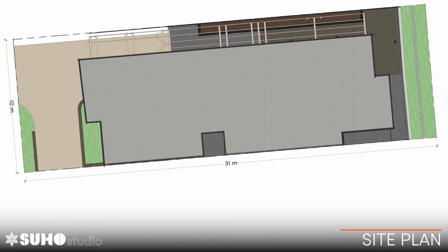So it's what is being built there. I should point out that we don't have a client. This is something that was instigated by our boss to just see if it could be done. So there's no other 10-star projects that we know of in South Australia. So this is our site. It's 10 metres wide at the frontage, which is over to the west, and 31 metres deep. So it's not huge, 310 square metres,